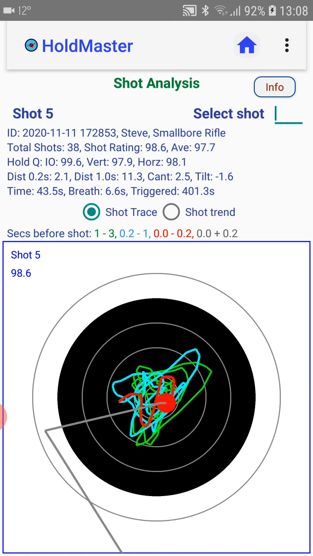The grey line is simply our recoil line, and again, the whole focus on this is to become consistent in each process, in each shot, so the process is consistent all the way through. So this analyzes all your live shots, whether it's at multiple targets or a single shot target, whether it's dry firing or live firing. So if we go back to our sessions,